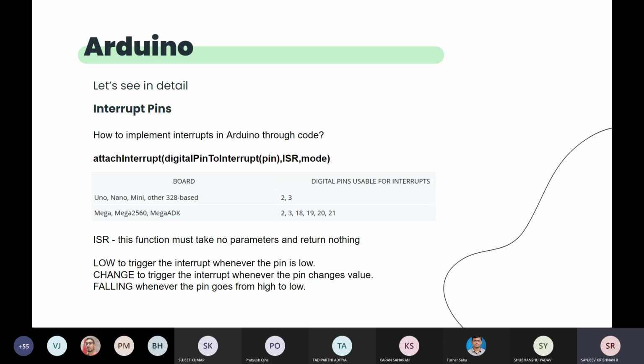If I put my mode as falling, then only call my interrupt when my pin is moving from high to low. Or put it as change, then call my interrupt whenever my pin state is changing. So attachInterrupt is a function, and it says where to attach, what to attach, and when to attach.